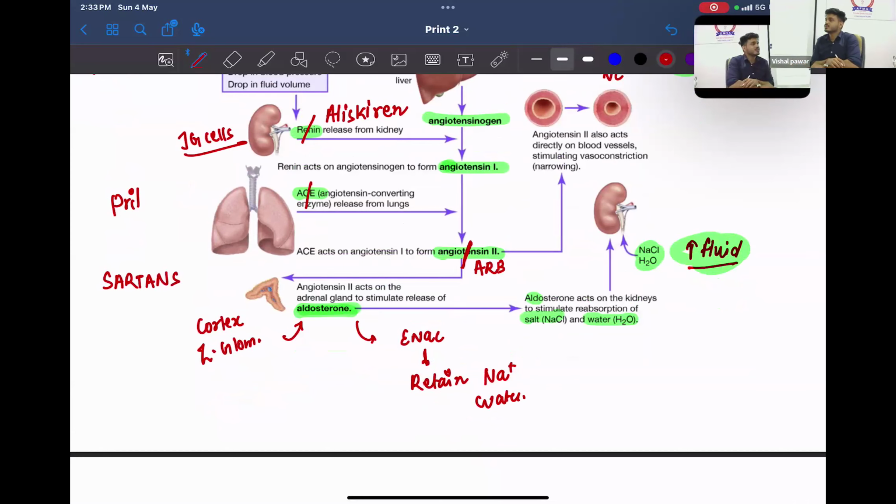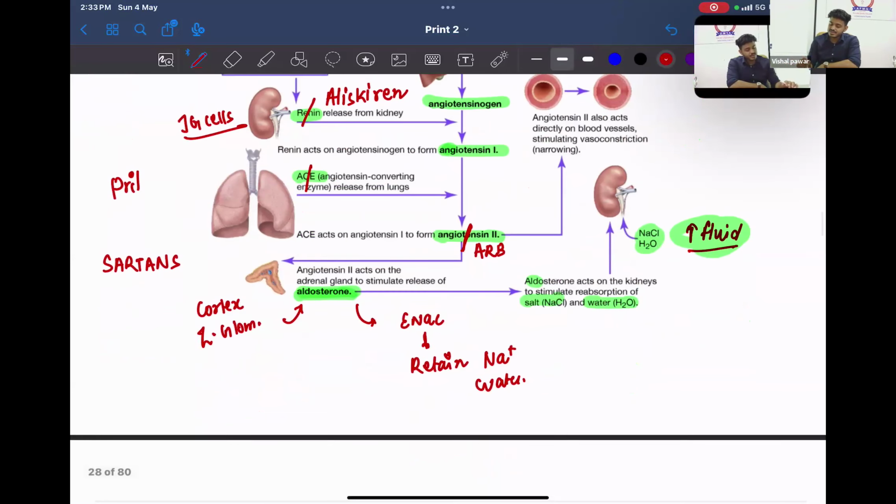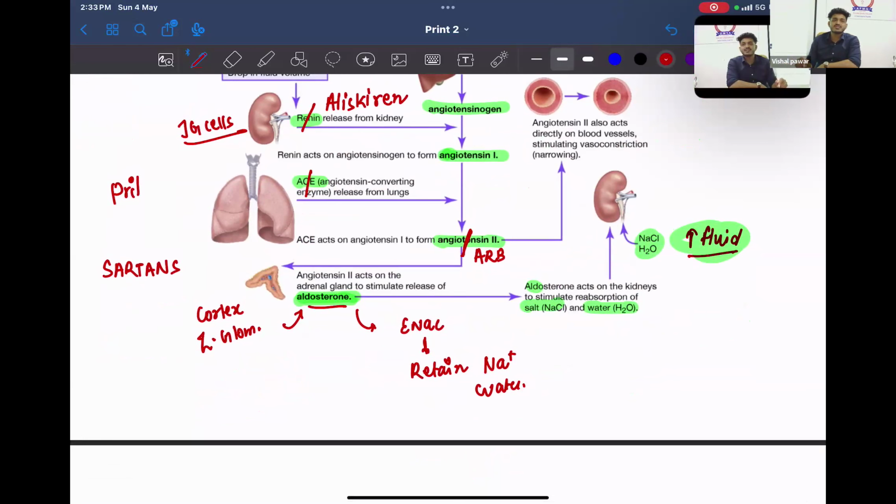Telmisartan, valsartan, losartan, all these sartans, right? And then we can also block the aldosterone receptors. We can block the aldosterone receptor. What drugs do we have for this? We are having drugs like